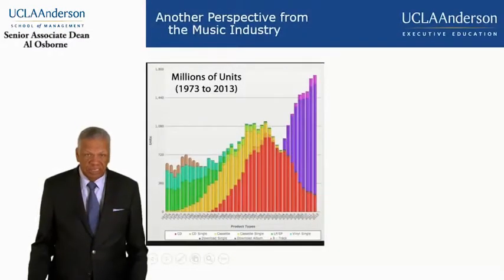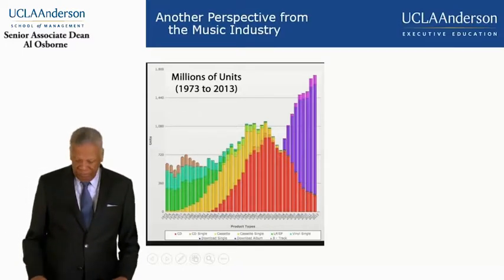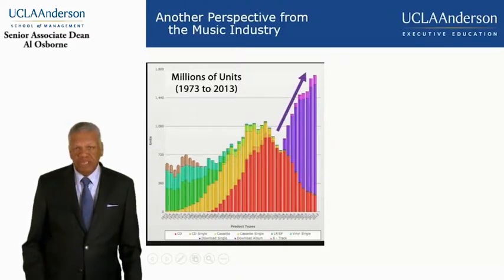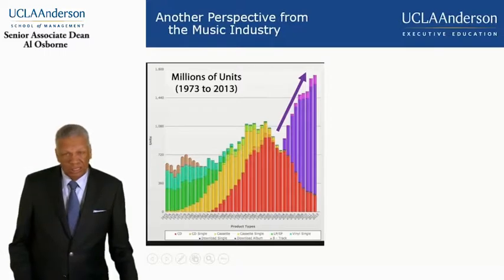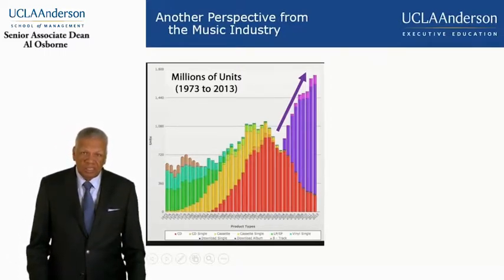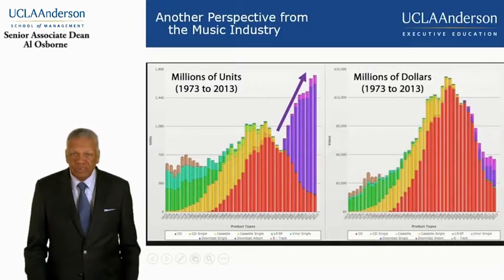Another perspective on this Netflix phenomenon can be understood by looking at the music industry that we talked about before. In this chart on your right, you would observe a rapid increase in the number of units sold. This is through the new file sharing techniques for the distribution of music. Now, this is occurring rapidly in number of units at the periphery, but that very same